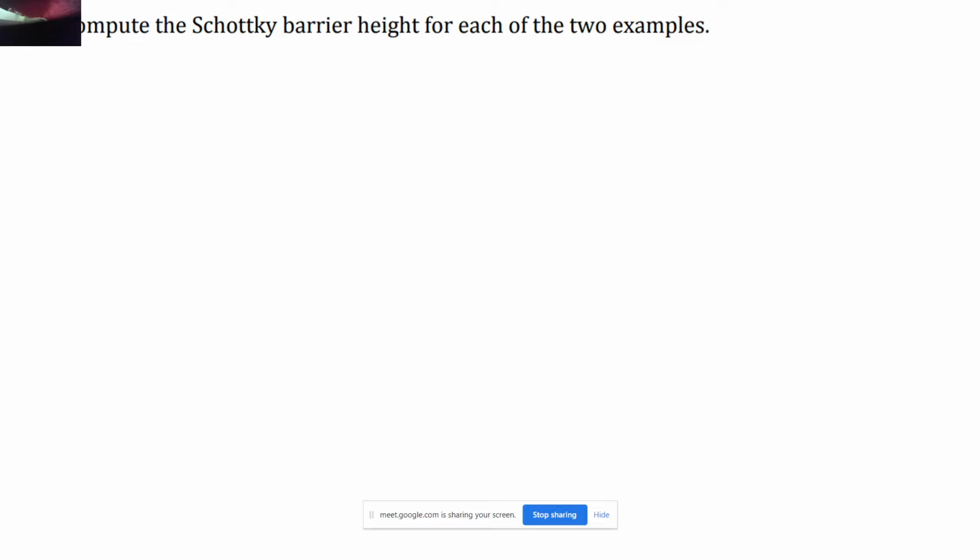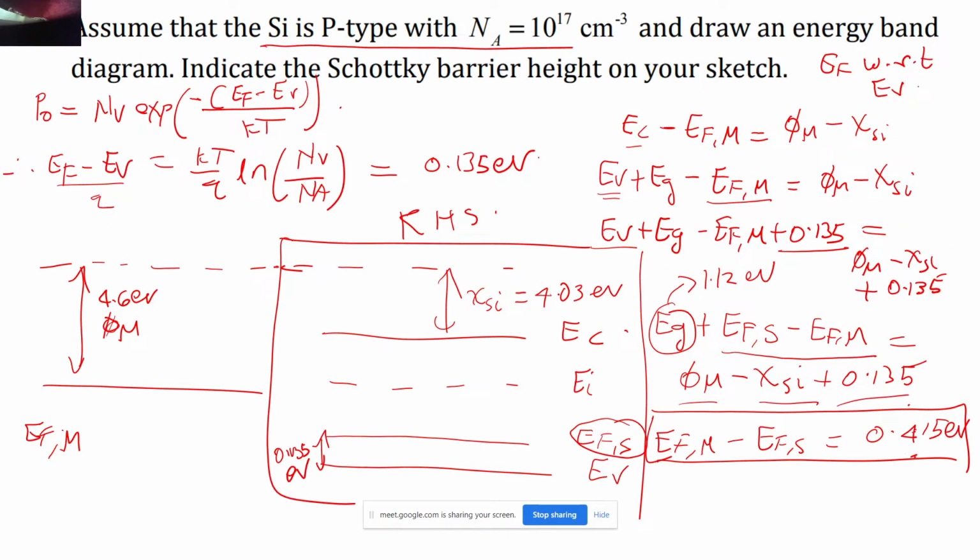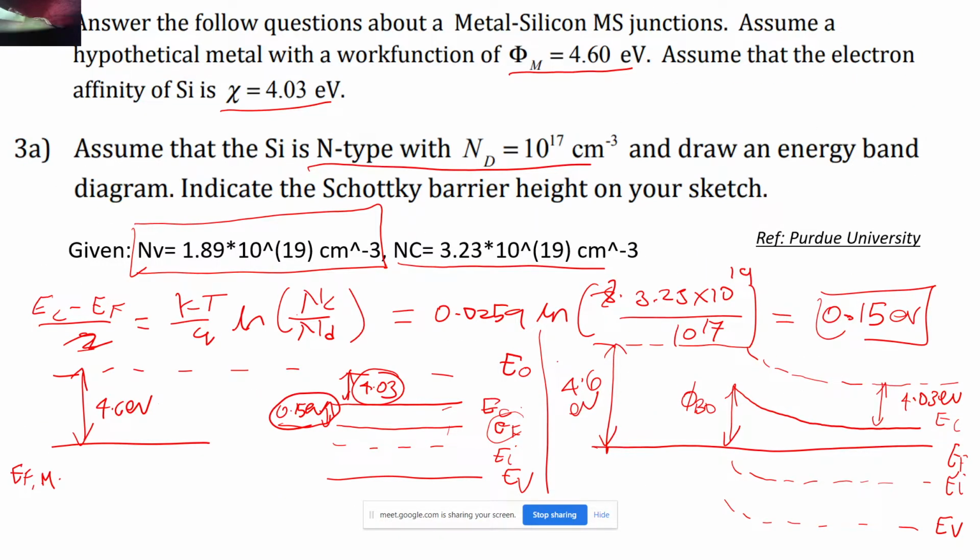And now what they have asked us is to calculate the Schottky barrier height. So for the case of n type, let's check in the energy band diagram itself. So this is the value of the Schottky barrier height that I have to calculate, right? This difference that you can see over here will be nothing but the difference of 4.6 eV and 4.03 eV, correct? So phi BO will be 4.6 minus 4.03, and this will come out to be 0.57 eV, correct?